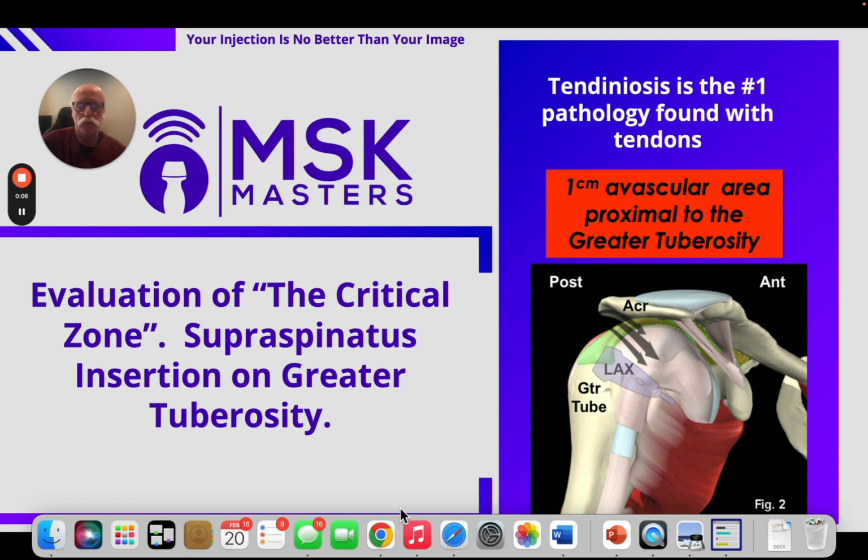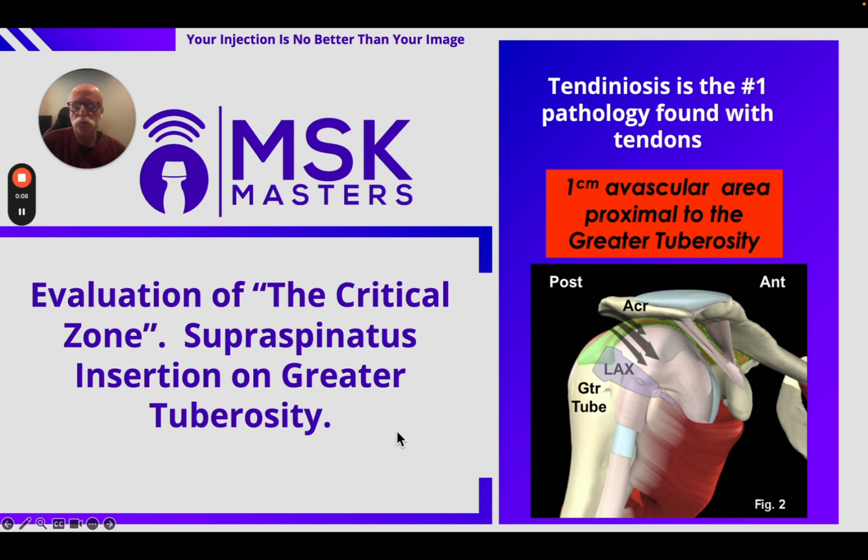Just a quick little thing to share with you. This is not common, but something that you do encounter. I thought it was important just to share with people. This is an evaluation of the supraspinatus when you're doing your rotator cuff